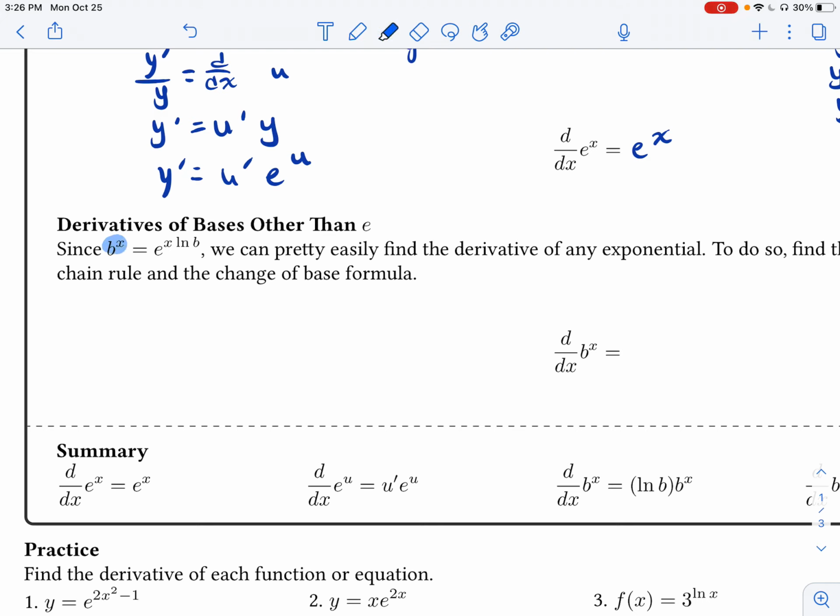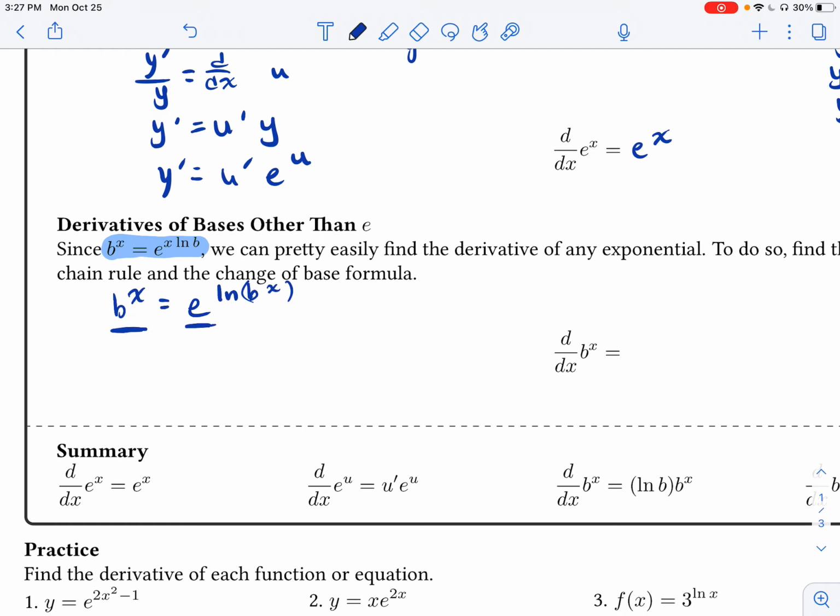Well, I want to point your attention to this fact right over here, that some base raised to the power of x is equivalent to saying e to the power of x ln b. Why is that the case? If you just recall, this is equivalent to saying e to the power of natural log of b, raised to the x. And there is a logarithmic property that says if we take something with a base e and raise it to the power of a natural log of some argument,